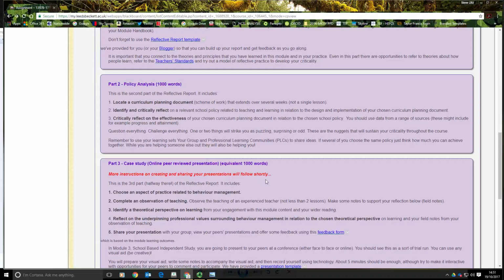Okay, and that's 1,000 words, and again I reckon we've said more than 1,000 words there. It's not a giant piece of work, so choosing that appropriate scheme of work or long-term plan and choosing the right policy, if you get that right, and I think by listening to this advice you will get it right, that'll really help you to flow through that.